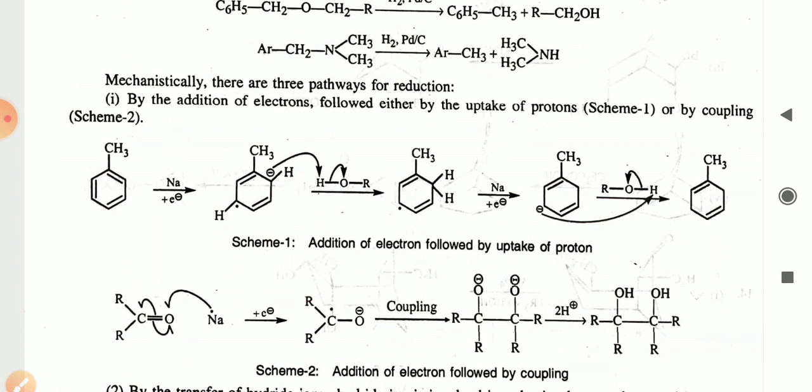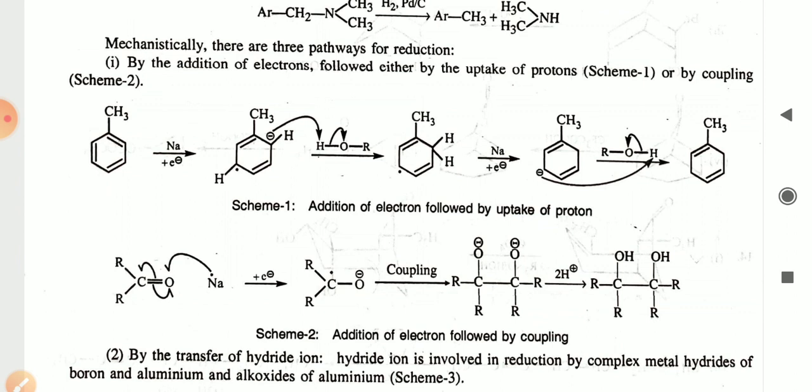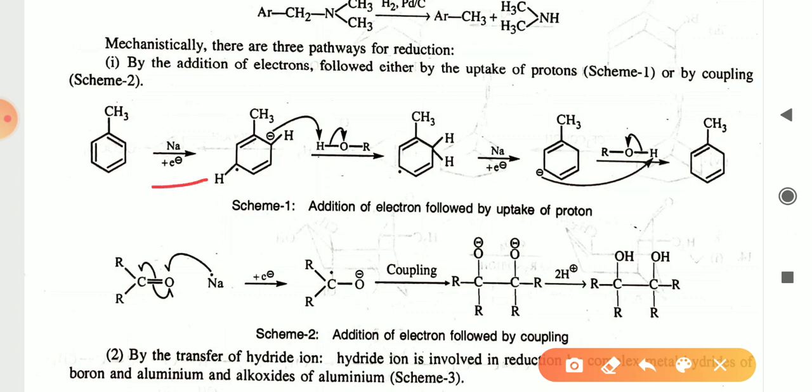Firstly, there is addition of the electron followed by either proton uptake or a coupling reaction. There are two schemes: first is proton uptake, and second is the coupling reaction. What happened in proton uptake? Firstly, in presence of sodium, the electron is added. What happened here is a free radical and here is an extra